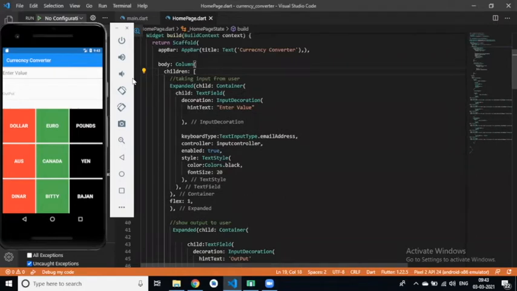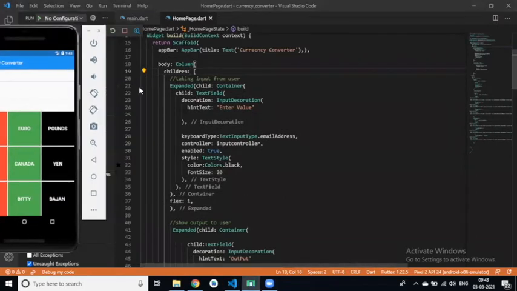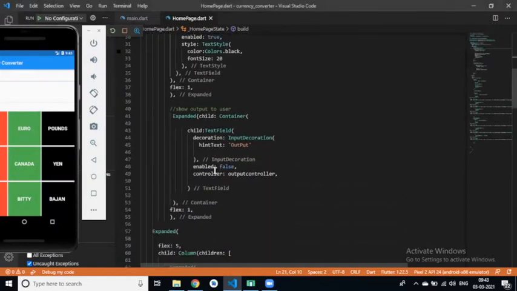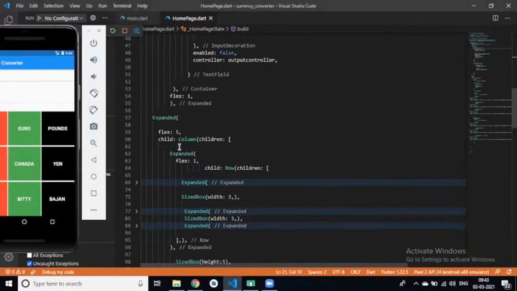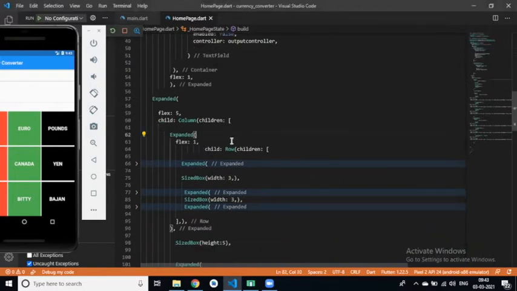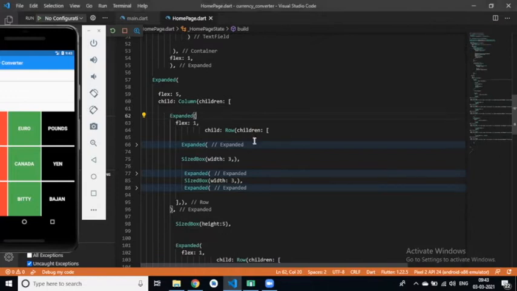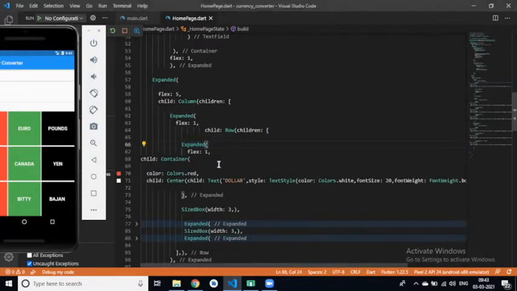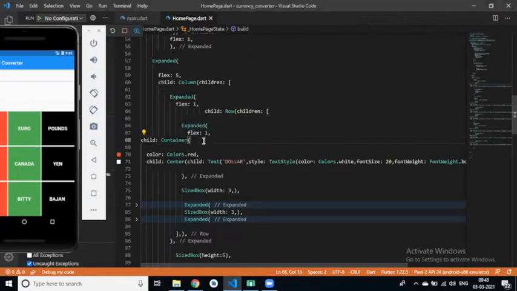This is for taking input, this is for output. Then we have an expanded widget that flexes 5. Then we have a column. Then we have a row widget. In the row widget we have an expanded widget with flex 1, then a container, right?